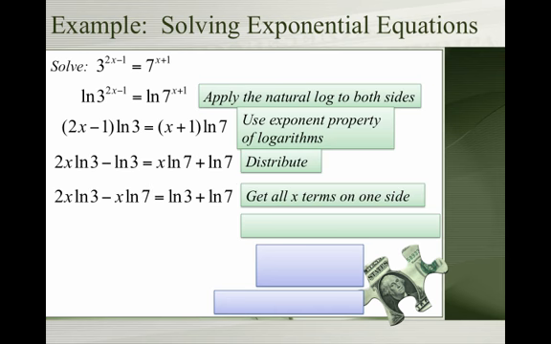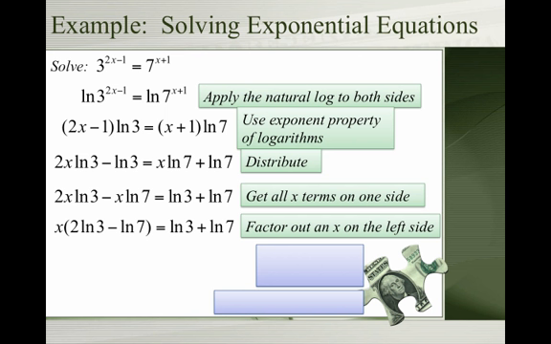All right, I subtract x times ln of 7, and I'm going to add ln of 3. So I get my x terms on one side and all non-x terms on the other. All right, on the left side,